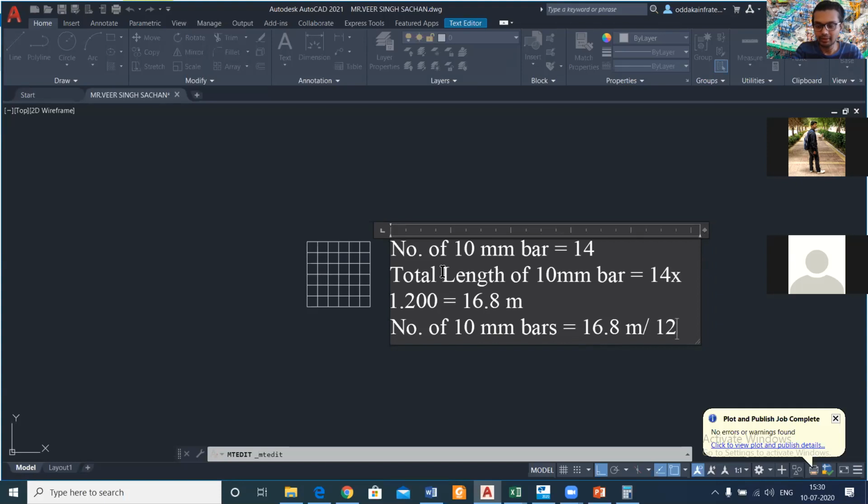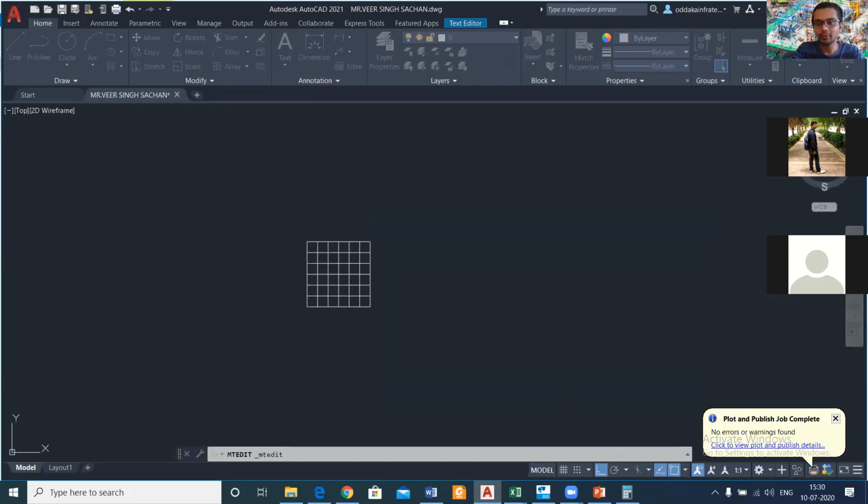So this 12 meter, and what is it coming? Sir, 1.4. So this is the number of 10 mm bars in one footing. In one footing, it is 1.4 numbers.